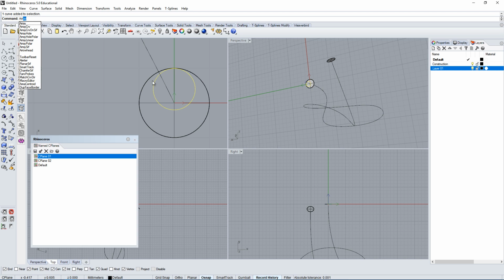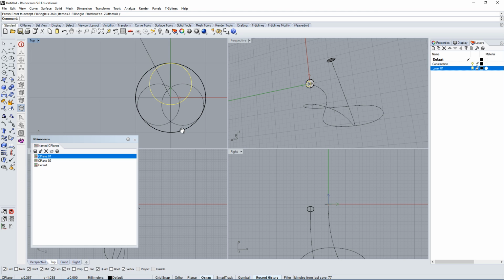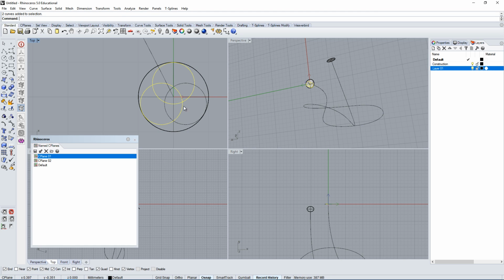And from there, I want to create an array, and I like to type in all of my commands as you've seen. But I just want to make a polar array. So this one, array polar, using the center of this profile that we used before, and we'll make it, let's say, 3. Okay, and then the way I like to work with this is using the trim command. Trim, and we'll trim everything on the inside. Okay, so now we have this more complicated profile, and I'm going to join everything, copy it,